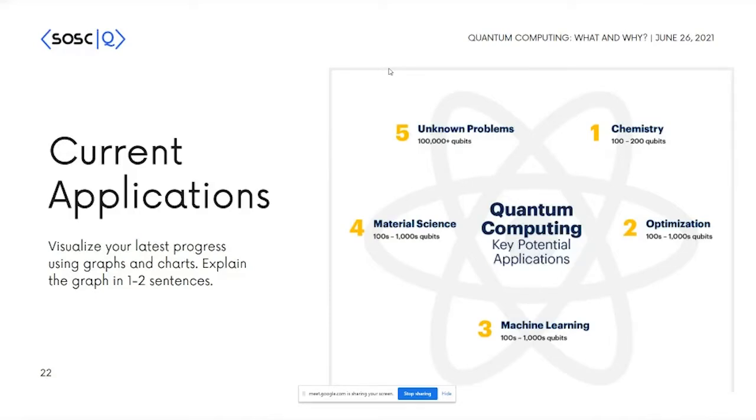Material science is also very interesting. As I told you, materials are also quantum mechanical. You can look at them as quantum mechanical systems, and right now when you simulate them, you have to convert them into mathematical models and then process them and get your output out. So why not skip the middle part and directly put this in? It's not as hand wavy or easy as I am saying, but this would give you much faster or better results.